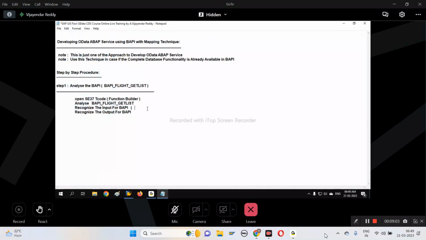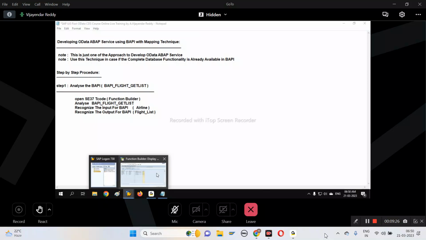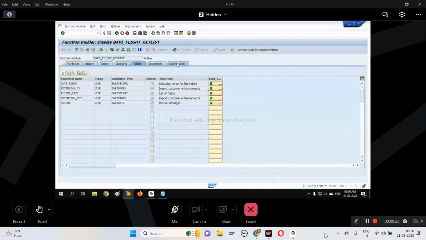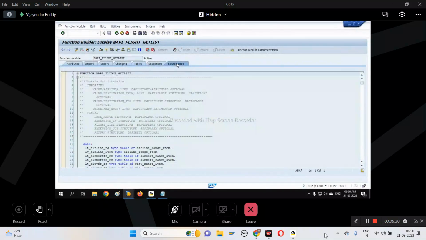So from an input point of view, I've decided to use, for example, airline as one of the parameters. And from an output point of view, I can use flight list, flight underscore list. That's a parameter here for sending the output. Now, if I go to source code, in source code, you can